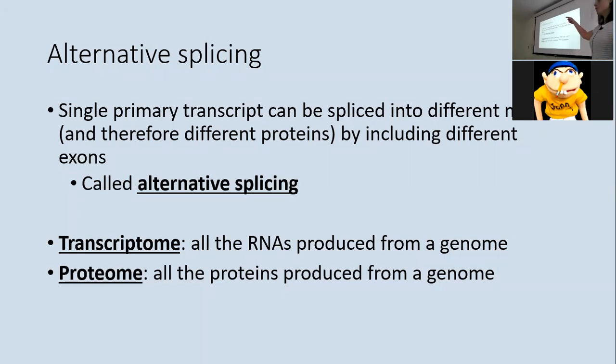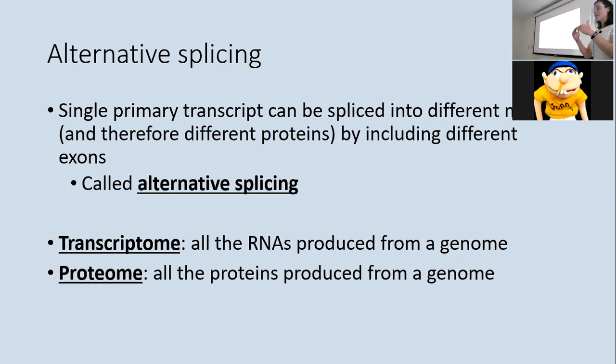So a single primary transcript, a single pre-mRNA, once you cut the introns out, can be spliced into different mature mRNAs, depending on how you put the pieces back together, right? And if you put the pieces back together in different orders or with different members present, you will get different proteins, right? You're just coding for different amino acids, you make a different protein, right? So that's called alternative splicing,